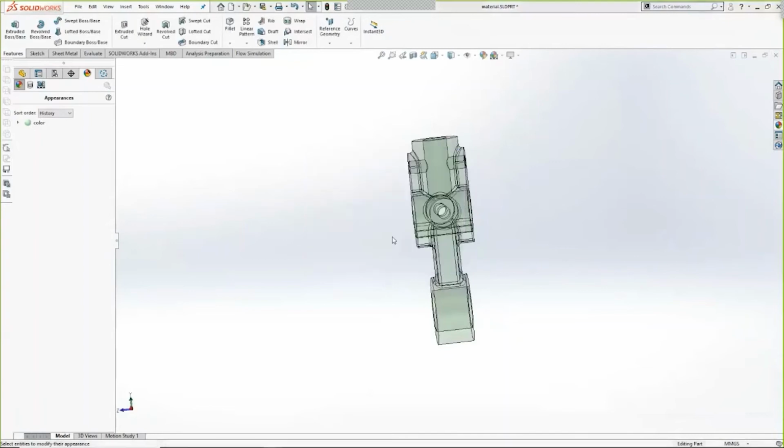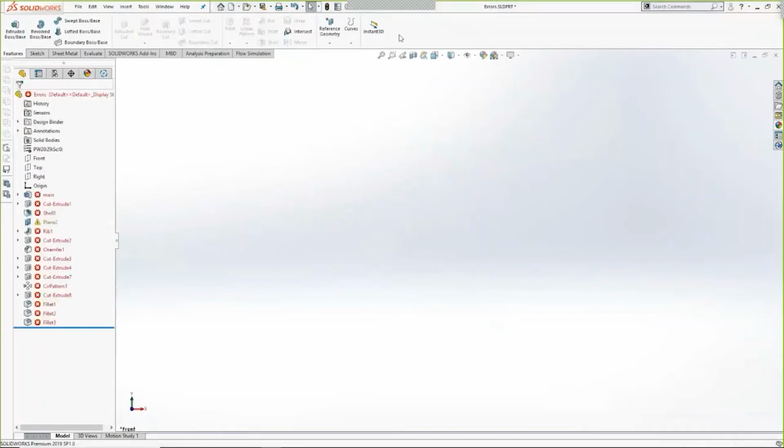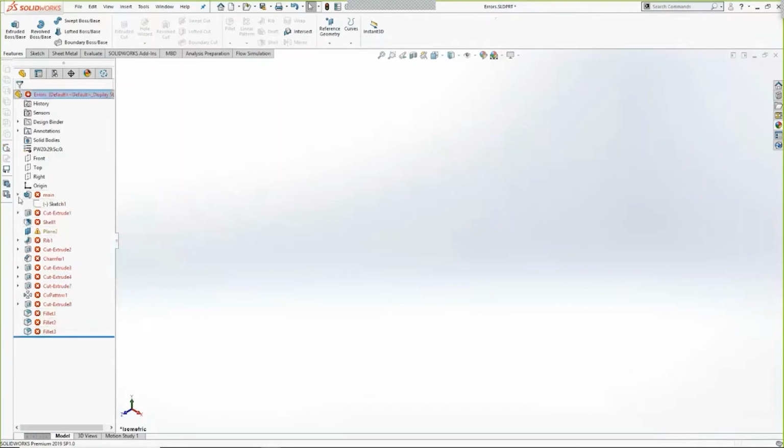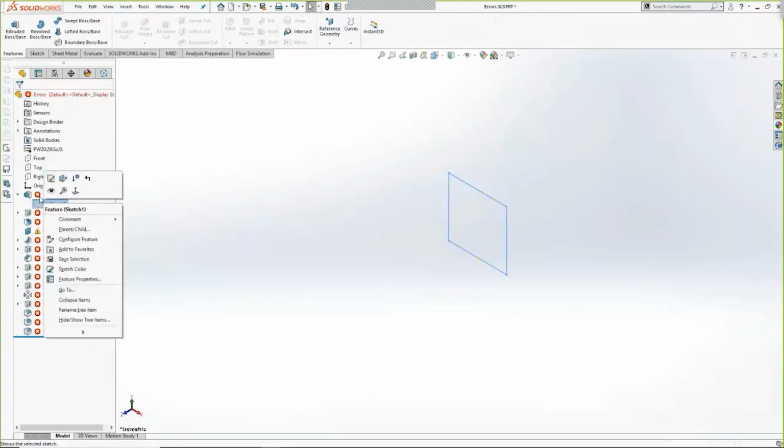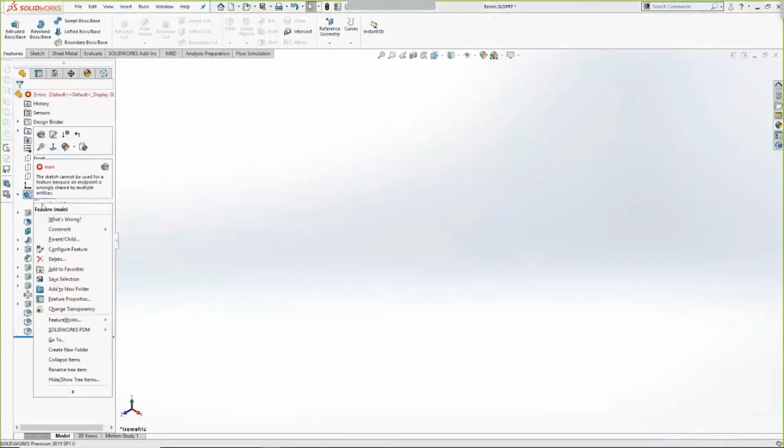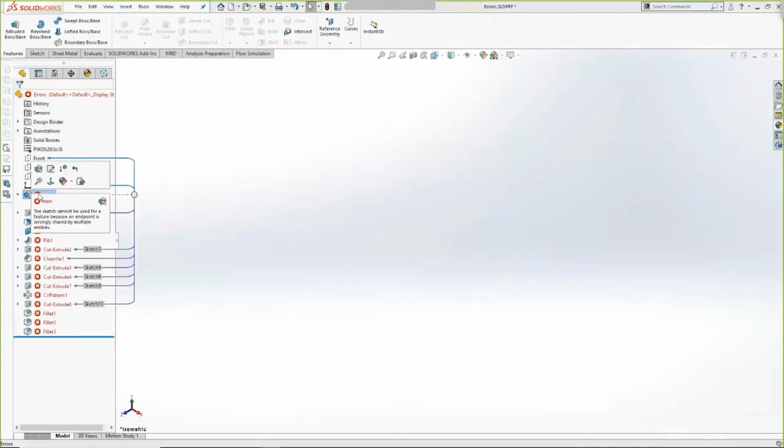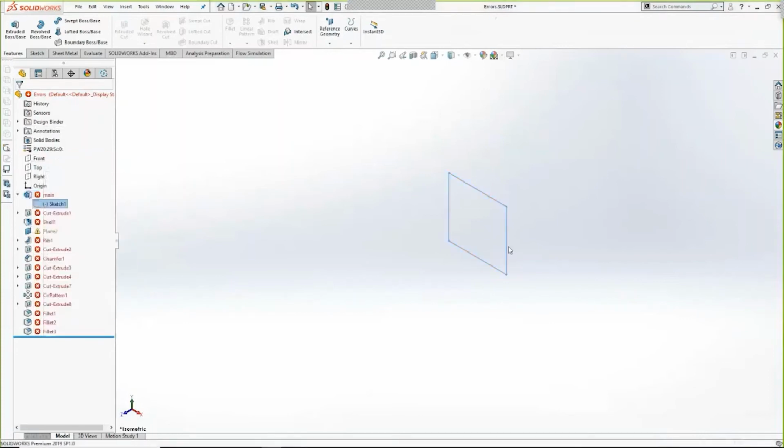So let's get rid of that guy. Don't save, please. So this next part, I'm looking at my part and there's nothing on my screen. This time I'm hovering over, I did a Control 7 so it's right in the middle, and I'm still not seeing anything. So what's going on with my part here? Well, if I look over here, I actually have a lot of errors going through my piece, and it looks like the sketch 1, the sketch cannot be used for the feature because its endpoint is wrongly shared. So I go through,